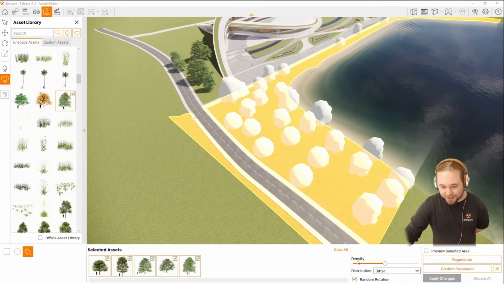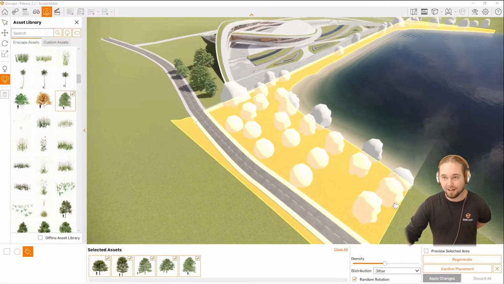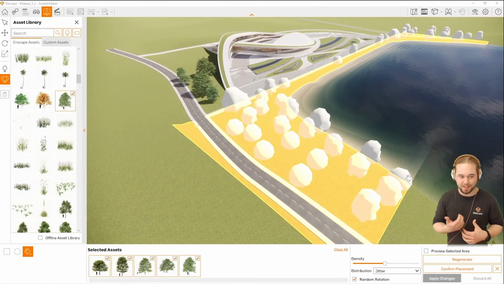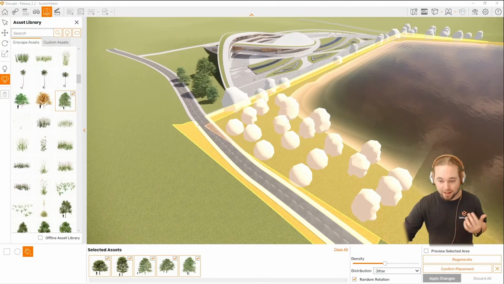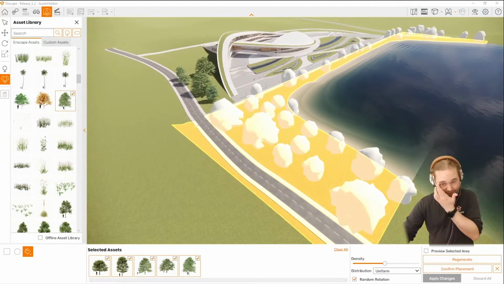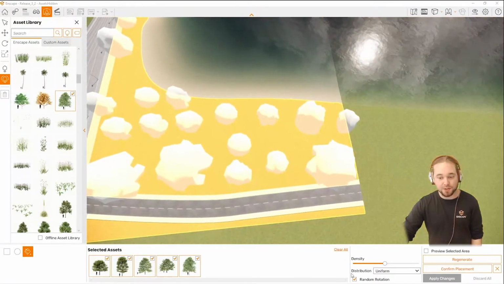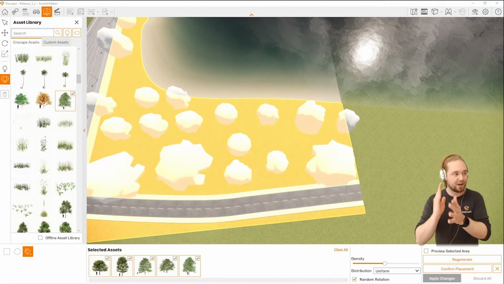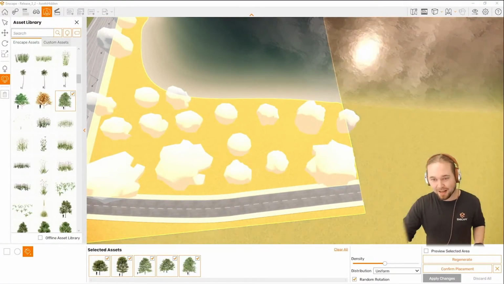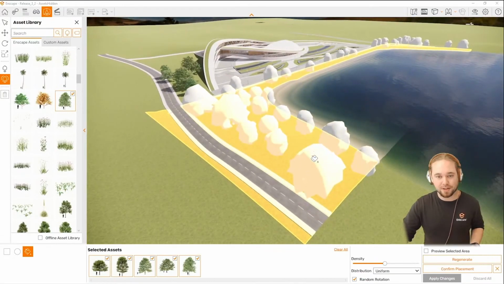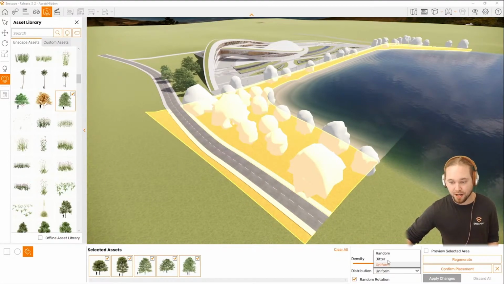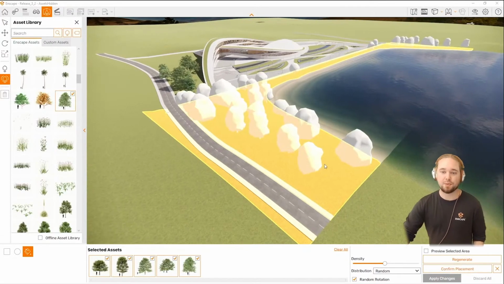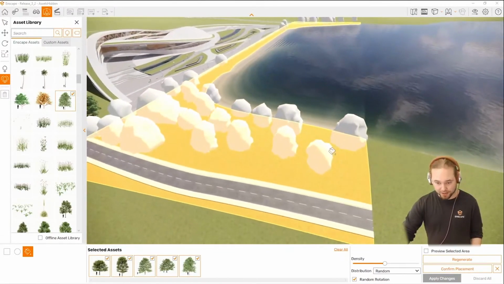And that's an additional point. You have this random rotation setting down here. And of course, it depends. For example, you might want to mass place cars on a parking lot. In that case, go with uniform, have them on a grid, and also disable random rotation, because you want all the cars, of course, to be facing the same direction. In most cases, when it's about natural placement, however, people, trees, vegetation in general, you'll probably want to have this random rotation turned on and also random selected, and you will get a natural look to it.